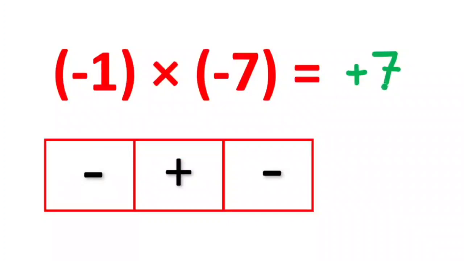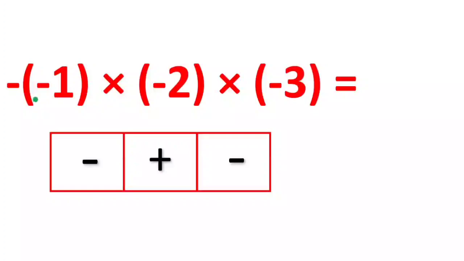Look here, there are 3 numbers: negative 1 multiply negative 2 multiply negative 3. Here there are 2 continuous signs. First we change these 2 continuous signs into a single sign. Remember this one. How can we change them? This trick also helps us change them into a single sign. You only have to match: this negative is matching, this negative is matching. That means the remaining sign is positive. So we write positive 1.